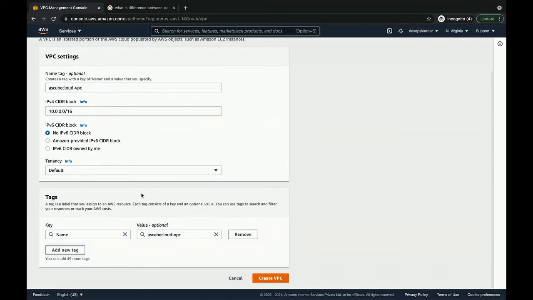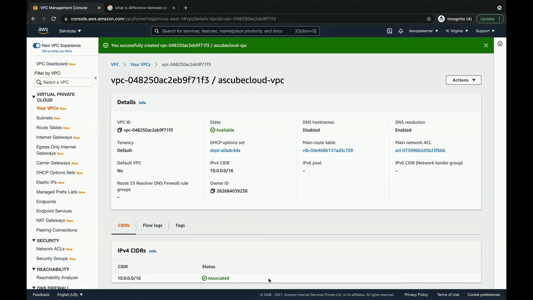Okay. So this will ask whether we need any IPv6 address. No, I'm okay with IPv4. Tenancy, default and dedicated, in the sense of, do you want a separate dedicated network for your VPC, or are you okay with Amazon's default network? I'm fine with Amazon's default. Tags are whatever tags you want to give, it is fine. Once you're done, you can click on create VPC. So my VPC is created. This is my VPC ID. This is not my default, as I told you earlier. We have a default VPC, and this is the one which we created.